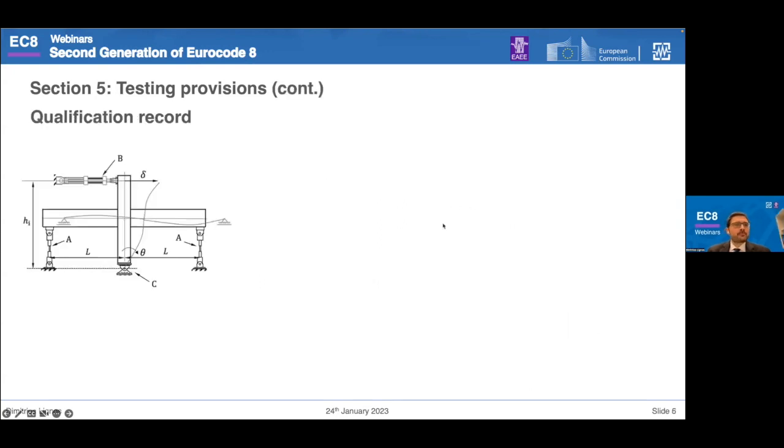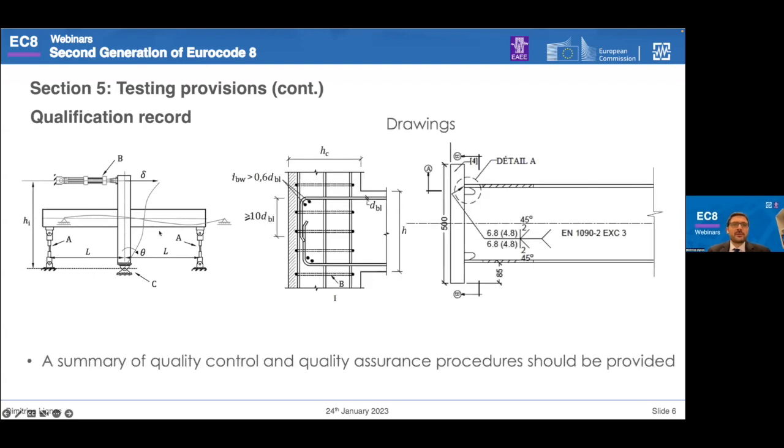Now, moving along, in the testing provisions, there should be what we call a qualification record, where in addition to the subassembly and the test setup information, there should be explicit drawings with all structural details to be included. And here you see an example on a concrete joint that essentially the reinforcement details should be provided, as well as